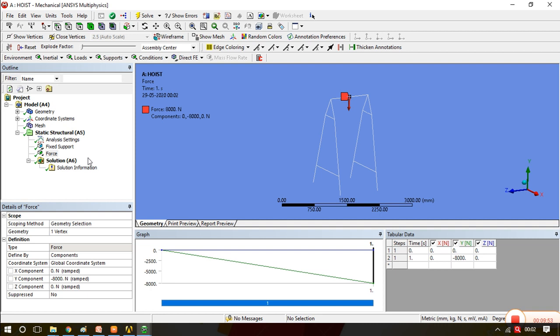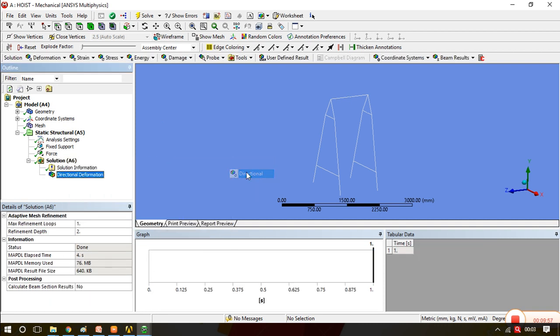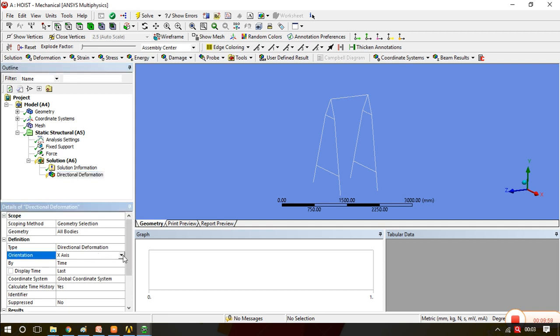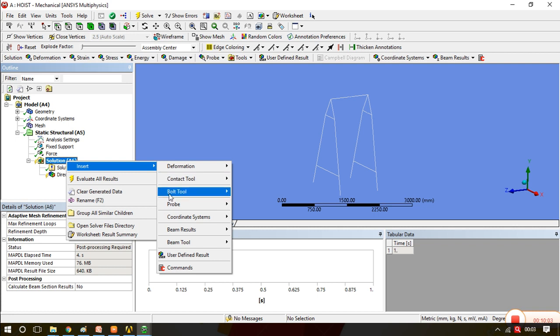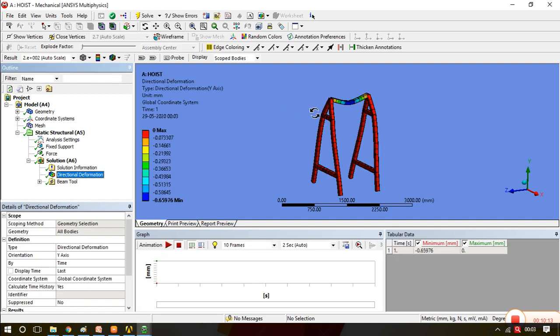Now once we have the solution, ask for two results. First is directional deformation along the y axis, and second we use the beam tool where we will get the stresses. First, the directional deformation is around minus 0.6 mm, which means a little more than half a mm in a downward direction.